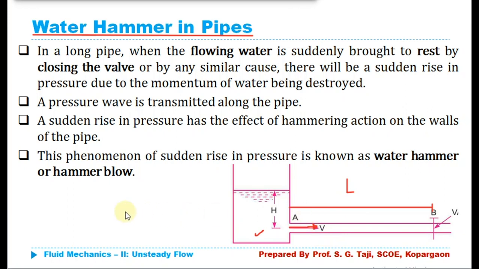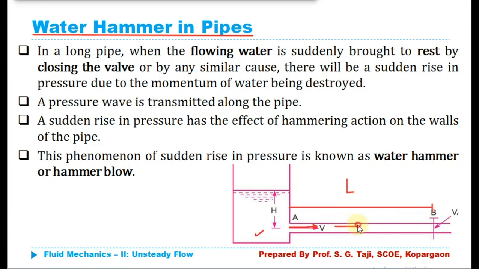flow. We know that whenever the flow is flowing through a closed channel, a closed conduit, and it is totally full, then that is said to be a pressurized flow. In that case there will be a pressure head plus velocity head, and obviously one datum head. If I consider this pipe at two reference points at the same level, then the datum head can be neglected. So the total energy available in this pipe is the pressure energy plus kinetic energy. With these two energies, this liquid is flowing in the downstream direction towards this valve.